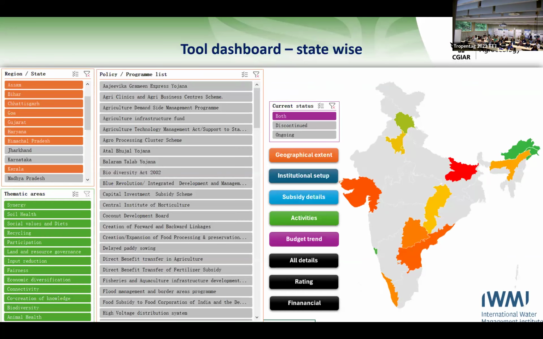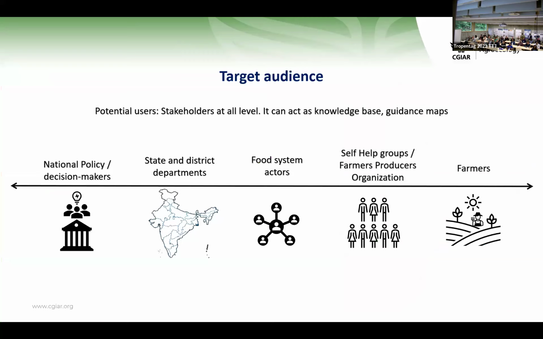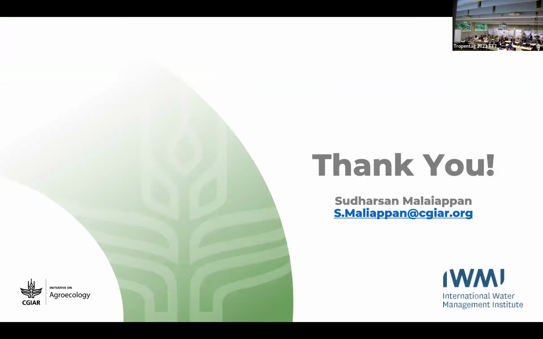And also this can be applied state-wise. Instead of looking at the national level like stakeholders, if I want to do it on a local scale, they can use that as well. So for both these aspects, the target audience is from national level stakeholders to the farmer. And we are trying to cover, using this, both all this wide range of stakeholders. And our priority has been, rather than being a research paper, it has to be utilized on the field. Somebody has to benefit from the field. So somebody has to adopt natural farming. So that's our output. And thank you.